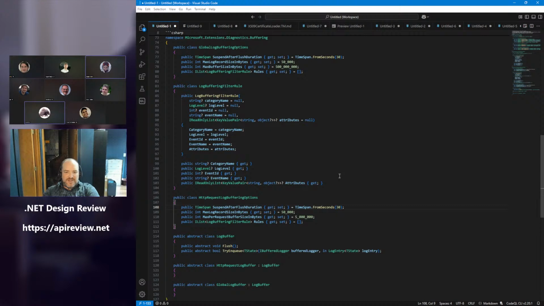Right, because I know if an error happens every 30 seconds, you're going to keep slamming on the... Yeah, flush it. So it's always going to be sending out the data. Yeah, so I copied it just so they would match, but I'll ask the question: Does the suspend duration make